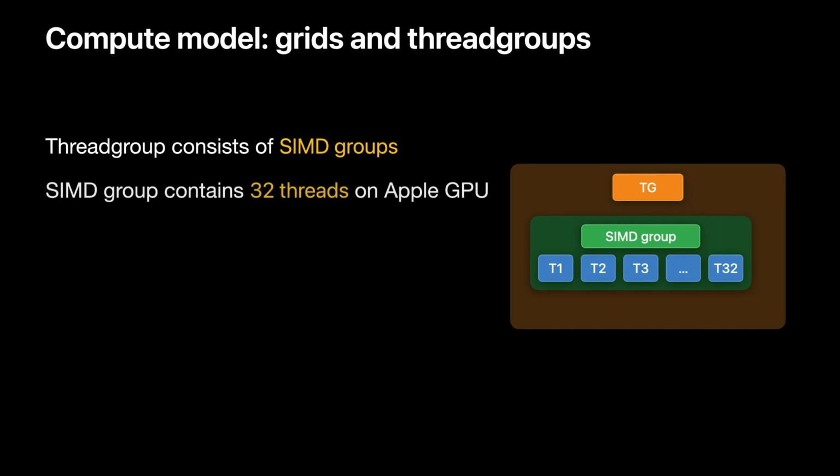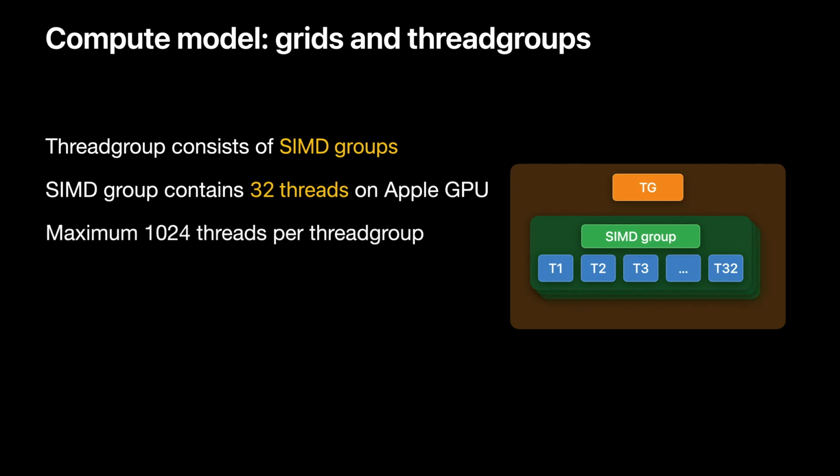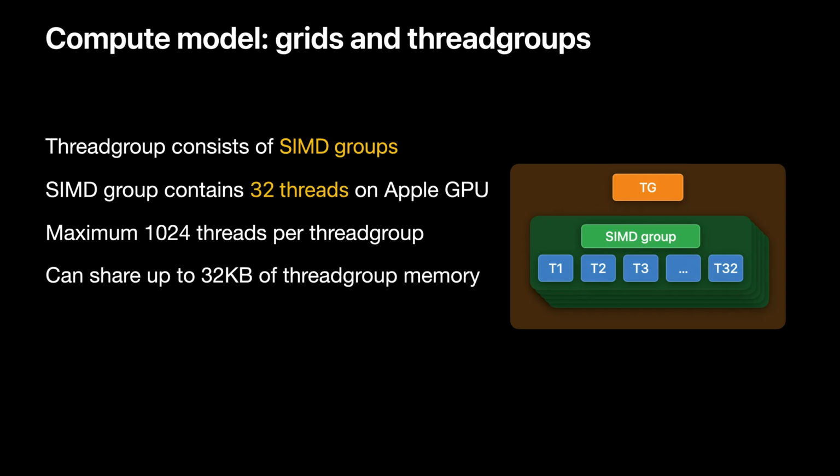Checking the thread execution width on the compute pipeline state object will return the SIMD width, and on all Apple GPUs, it's equal to 32. Thread groups can have up to 1024 threads per thread groups, and threads can share up to 32K of thread